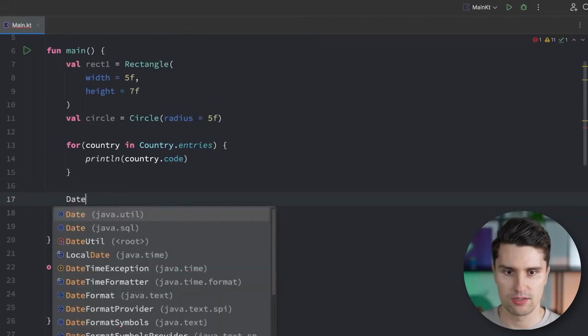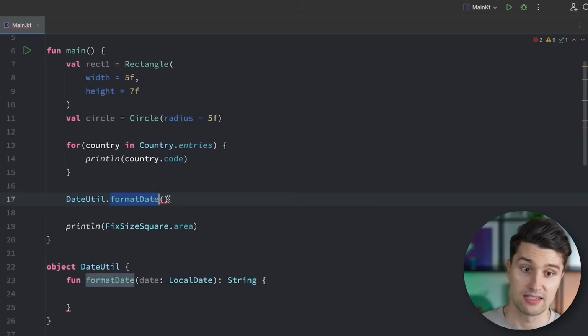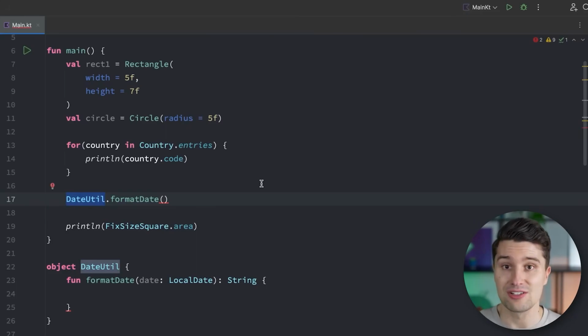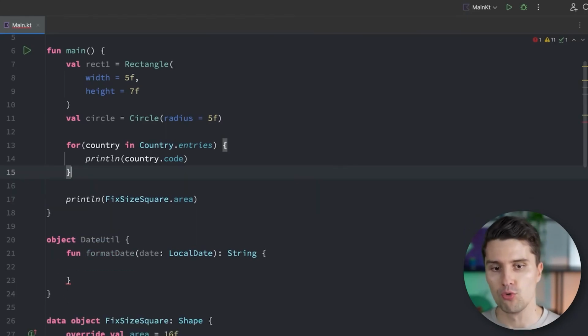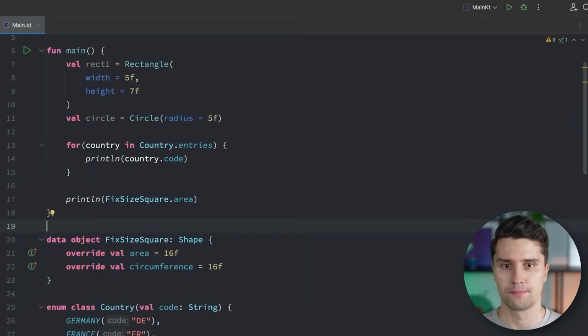So we could then type dateutil.formatDate. So we don't need to remember the exact name of this function here, but rather just know, okay, in dateutil, all of my date-related utility functionality is contained. So I just need to write date util, and then I can easily find all those functions that you maybe don't want to remember. So that's another use case of objects or singletons in Kotlin. One last thing about classes before we get to